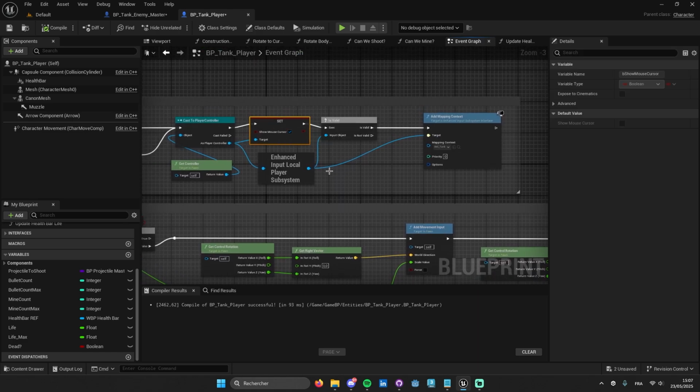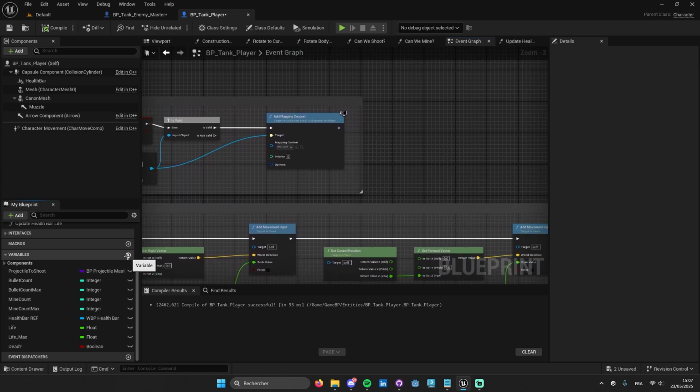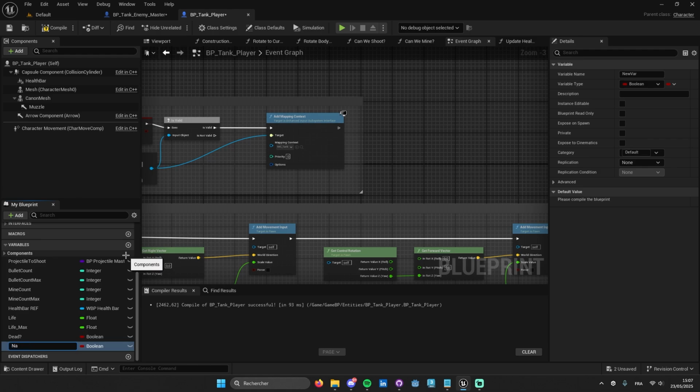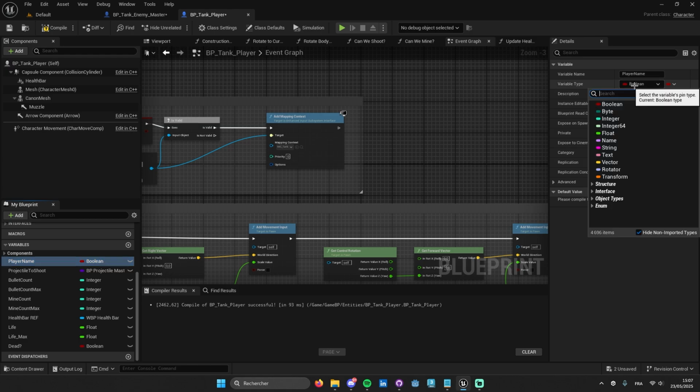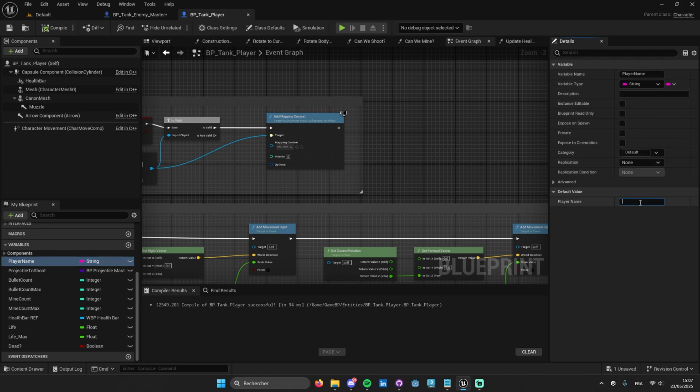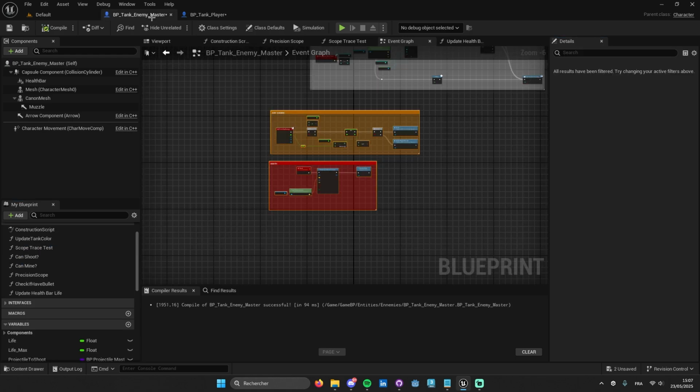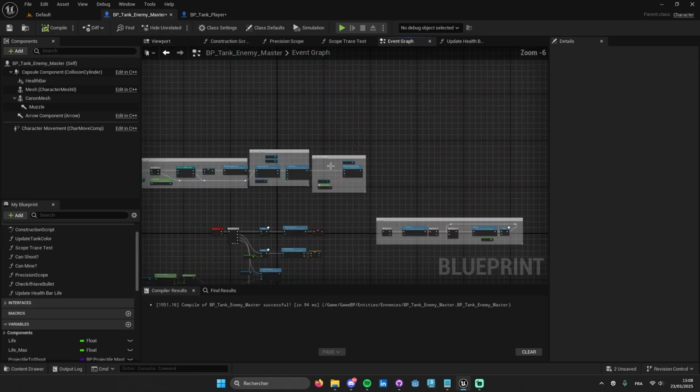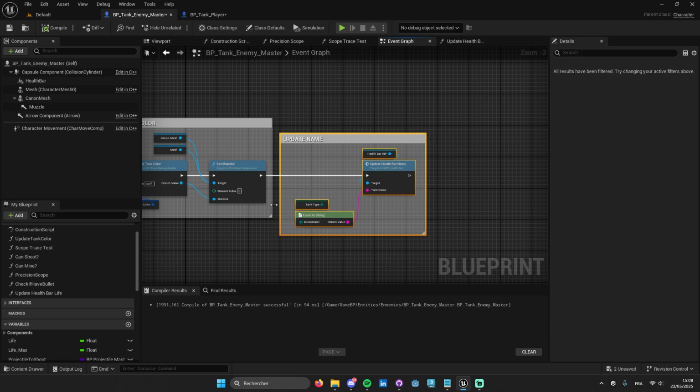Now, we are close to finishing. We just want to update the name. So let's create a variable of player name. This is going to be referenced later in the game mode when we create a game to have a leaderboard. Let's put string and let's put a default value of player. Here, drag and drop the player name, and you can go into the enemy here and copy paste again the